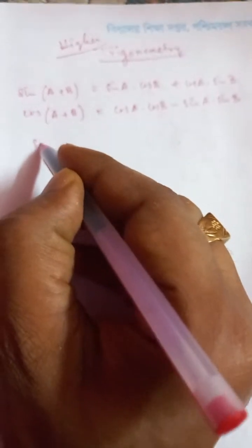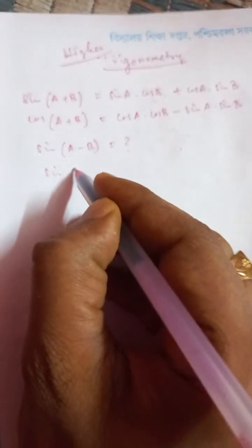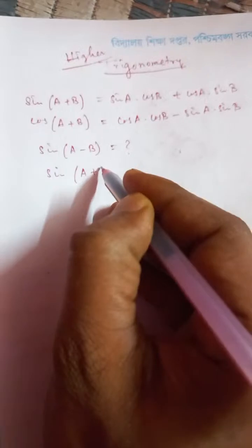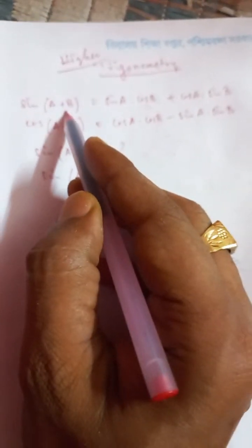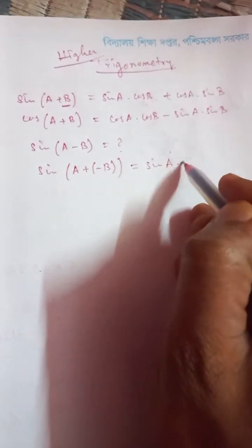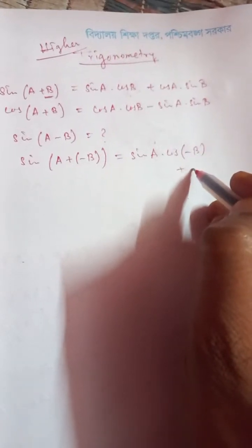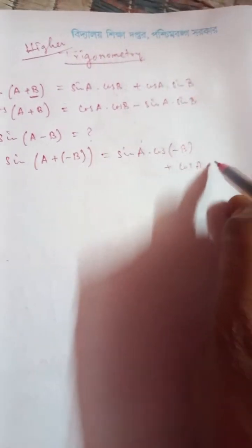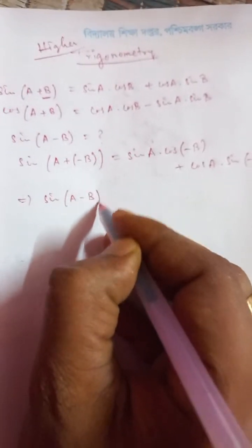So what will be the value of sine A minus B? We can write it in this way: sine A plus minus B. It means that here B is replaced by minus B, then it will be sine A cos minus B plus cos A sine minus B. Then we will have sine A minus B is equal to